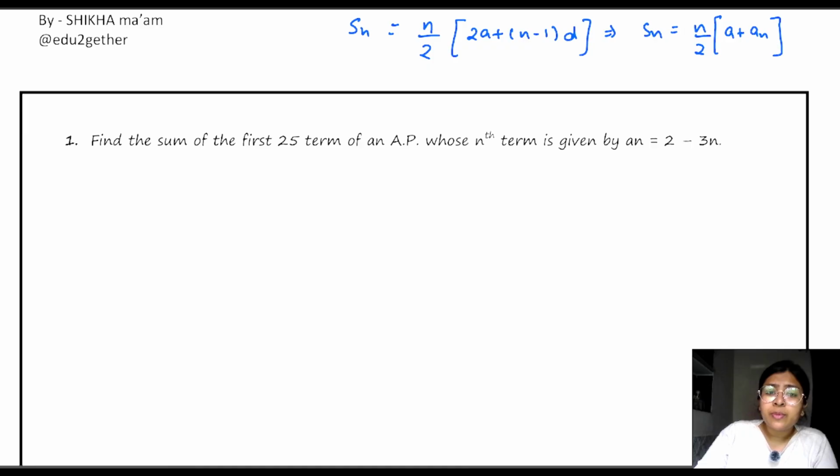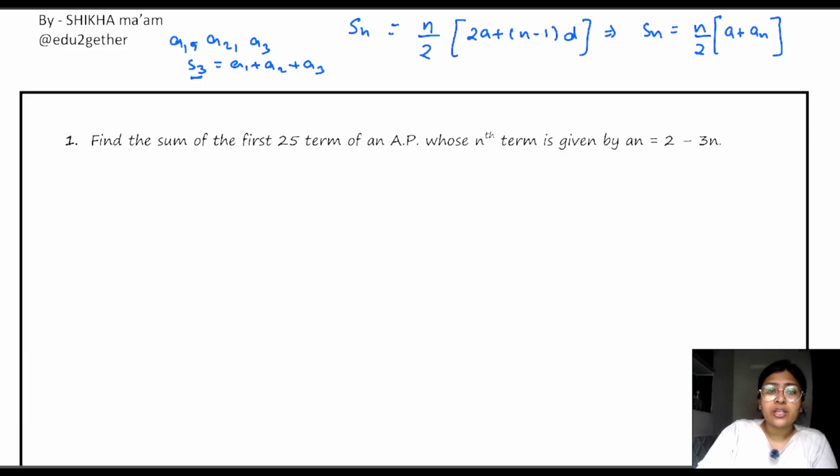Okay, what do you mean by sum of n terms? Suppose there are three terms, a1, a2 and a3, and we need to find out s3, the sum of all the three terms. So s3 will be equals to a1 plus a2 plus a3. This is the meaning of sum of n terms. Here the 3 is indicating we are taking the sum of three terms. So first, second, third. This concept is clear to you?